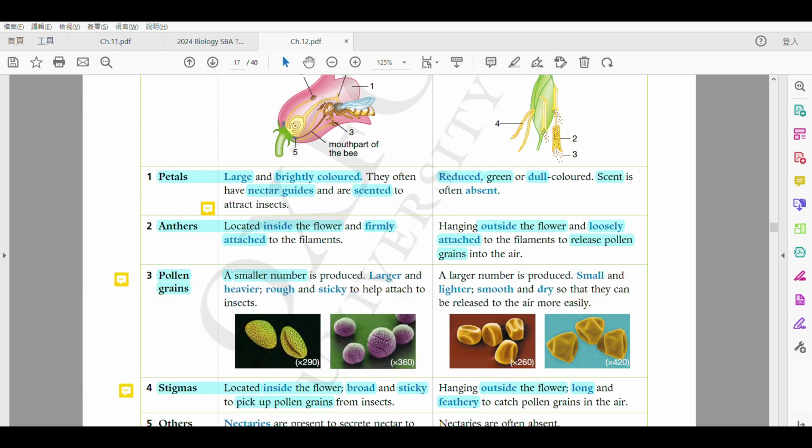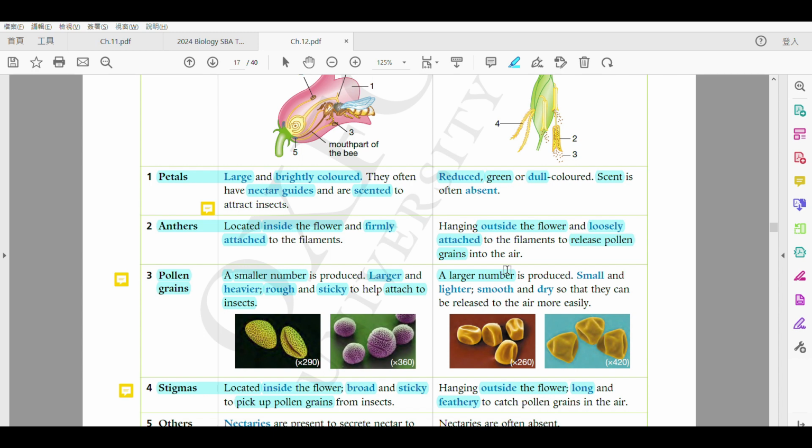Okay, so therefore a small number is produced. 有一個少啲數量啦。Besides, they are larger 係比較大少少啦，同埋 heavier 嘅。They are not like the wind pollinated pollen grains，得唔得？They are larger, heavier. They are also rough and sticky. 點解要 rough and sticky 啊？Why is that? Because they want to attach to insects better，得唔得？可以更加容易啦，attach to the insects more easily 啦，得唔得？